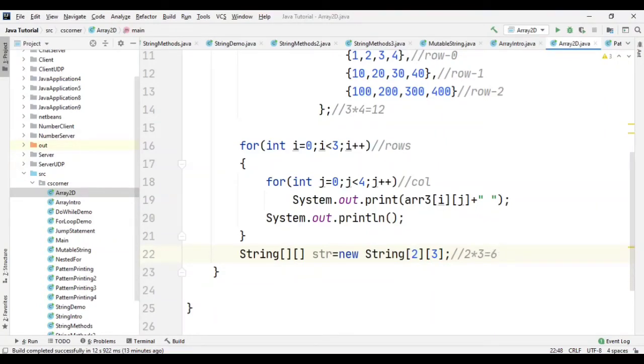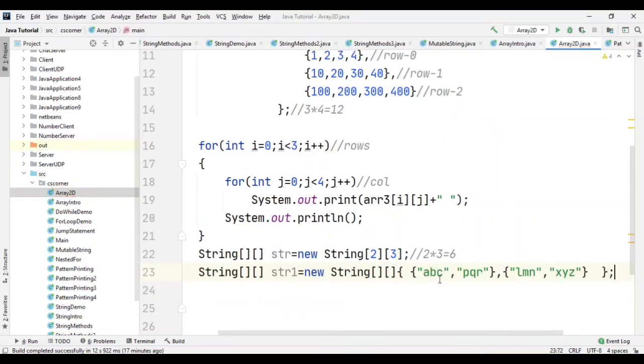So this way you can do what? You can create reference of your array variable. Here I have created another string array str1 and I have given size as 2 by 2. Now suppose I don't want to do in this way. I want to declare value to this str variable. So I can do that. So for that what I have to do? I have to just remove this size and then just give this curly bracket and then assign the value the way you have assigned over here, but instead of int you have to assign what?